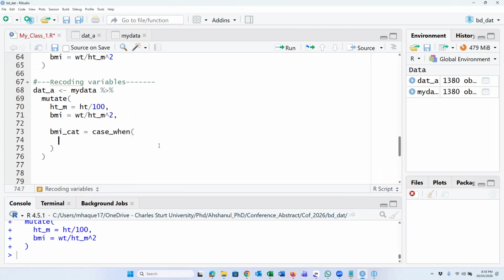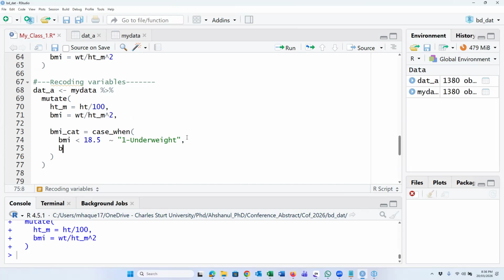What is the statement? For example, if BMI less than 18.5, then it will be underweight. For example, 1 means underweight. So I use 1 for learning purpose. We don't need to put 1.